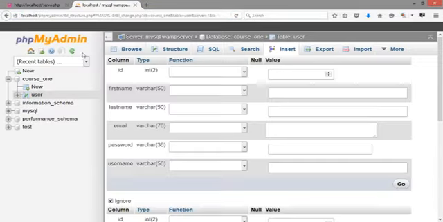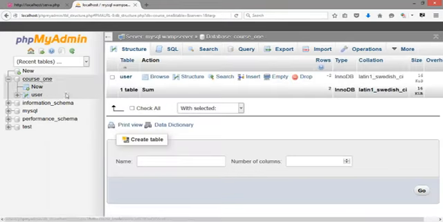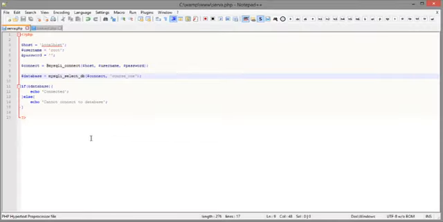So the first one connected to the server, and the second one connected to the database. Now there's a different way to connect to the database without connecting to the server separately. This way, you just connect to the server and to the database at once. And to do that, let's erase this part, and let's